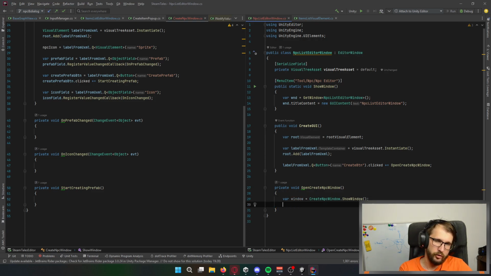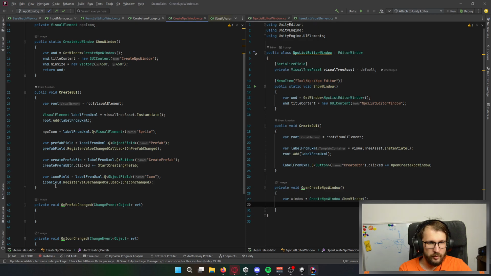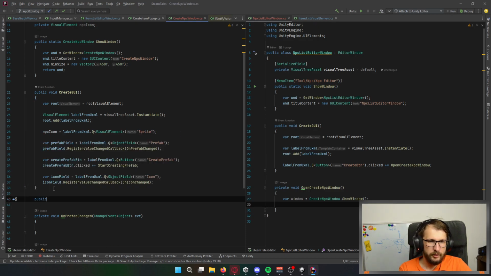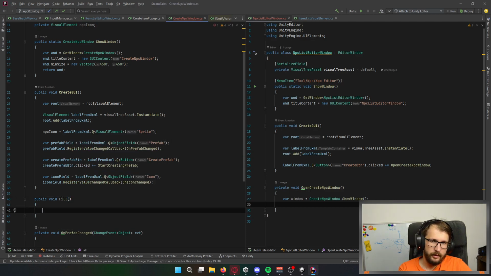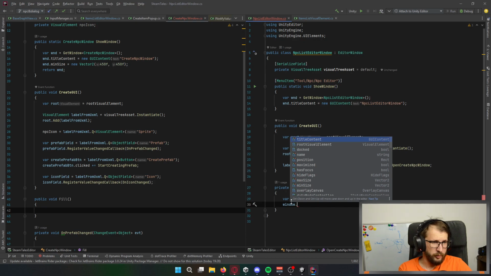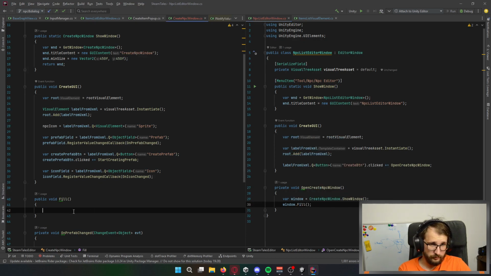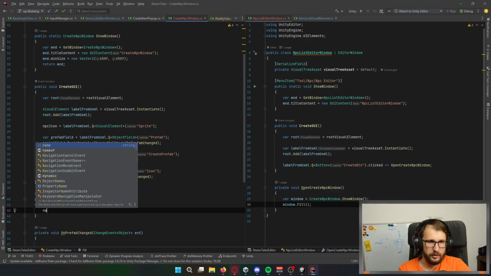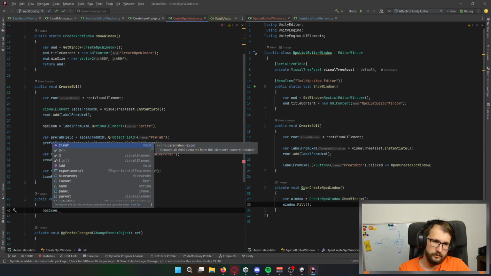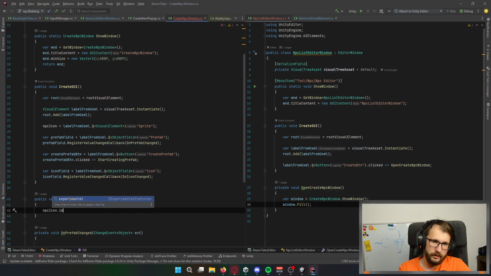Wait, I can do it in a better way. I can prepare public methods. So it will be public void fill. Okay. And this fill can do everything. So it will be window.fill. So from the start, I want to take NPC icon. And I want to